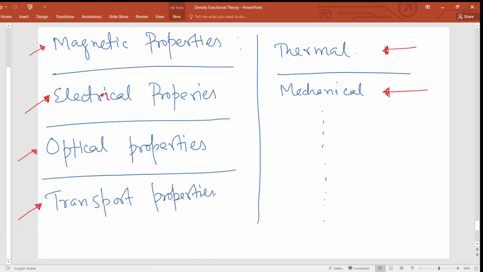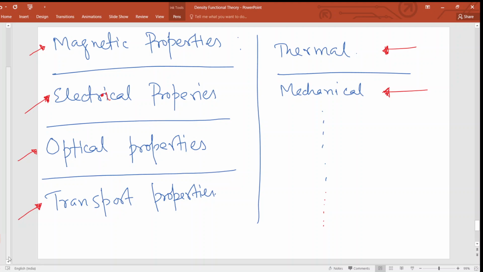Okay, so here there are only some parts which I tried to cover. Once you have the ground state electron density, you can use that to find out these sorts of behavior. You can think of something like a StatMech system, where you have an ensemble and you get the partition function. Once you have the partition function, you can calculate the free energy and a lot of other parameters. Here also it is similar in nature. Of course, a little bit of difference is there.